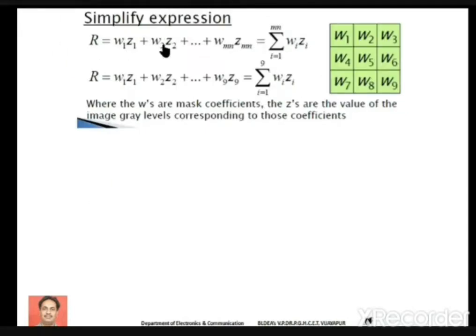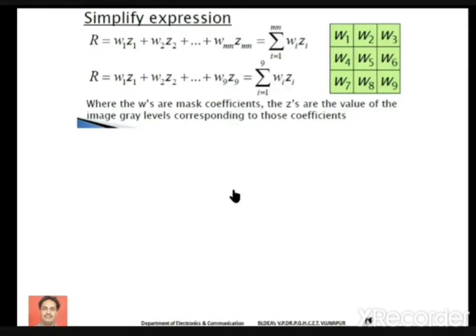Then similarly W2 Z2 plus W3 Z3, like that we get up to W9 Z9. After this summation, whatever value we get, that we call the response of the filter. And this response value, again, will be an integer value. That value is assigned to the location f of x comma y. This is how we perform the spatial filtering operation.